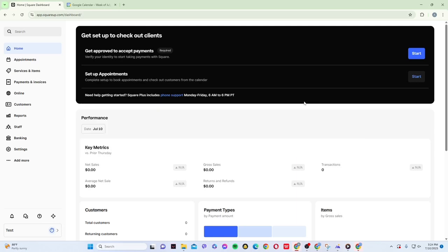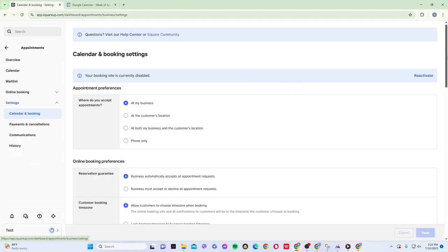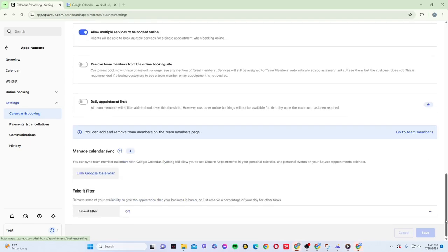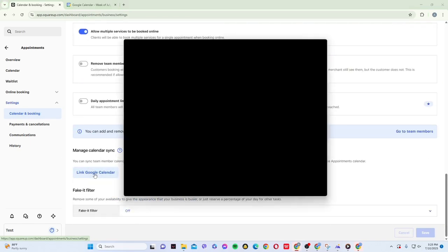First, go ahead and sign into your Square Appointments account. Once in, on the left panel, go to Appointments. And now click on Settings and choose Calendar and Booking. Now just scroll to the bottom until you're in the Manage Calendar Sync section where you can link your Google